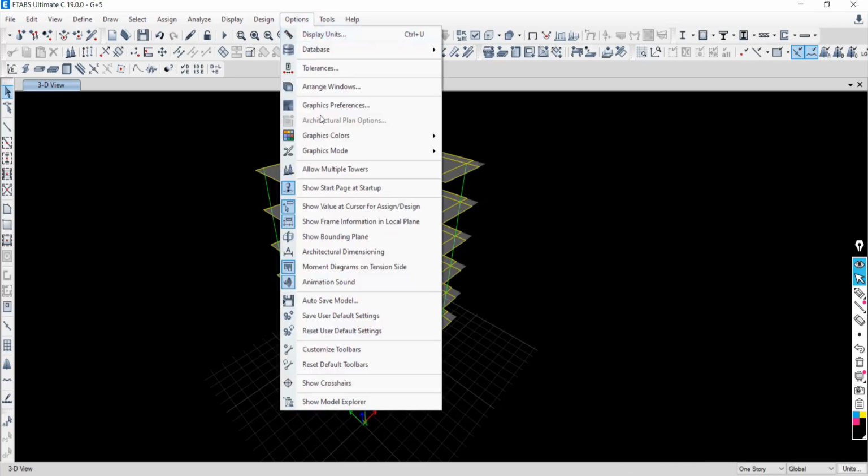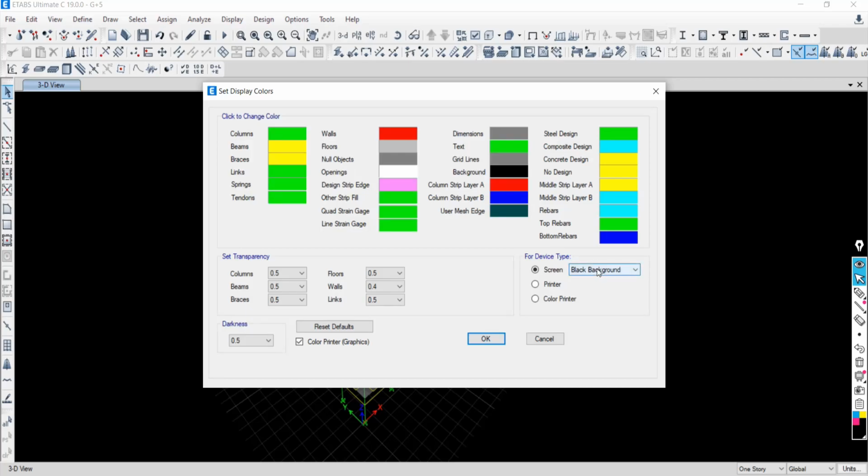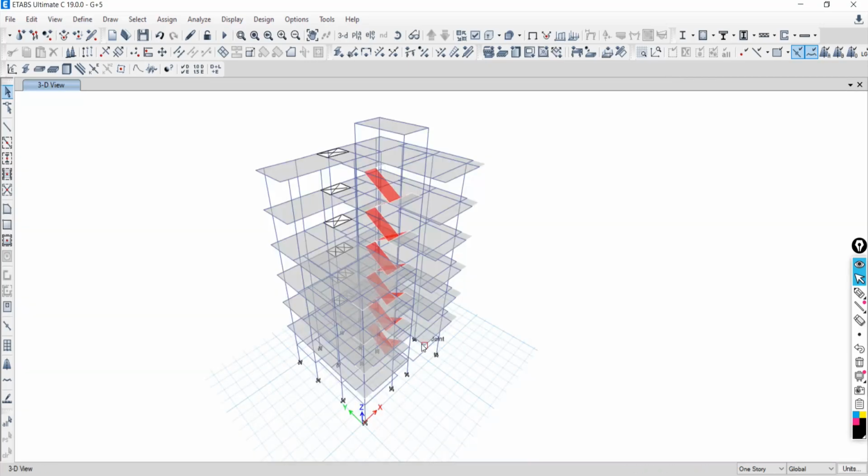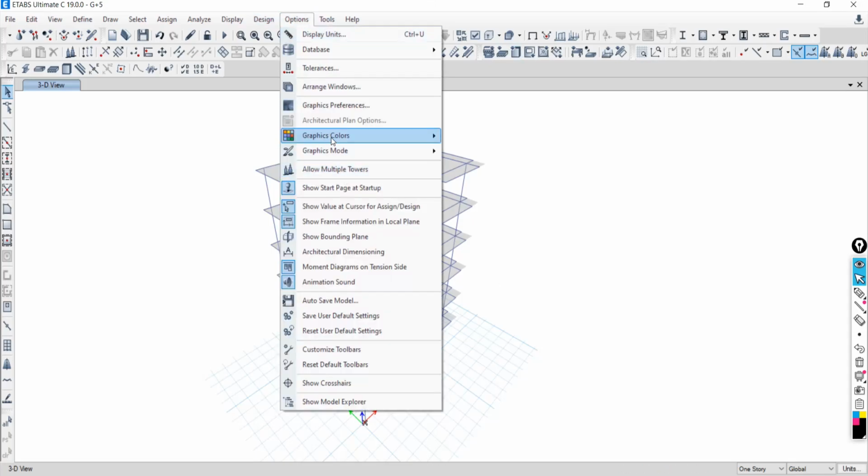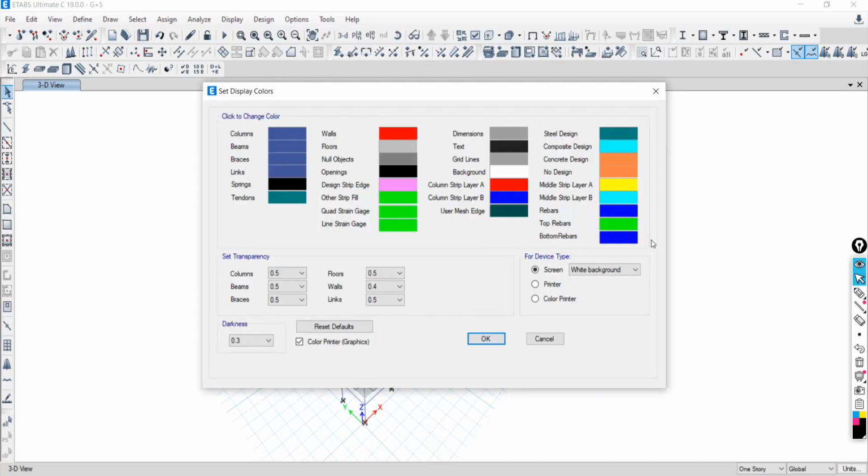Again go to Option, Graphic Colors, Display, and see it is what column green. If you are changing to white, so in respect of white, what column color will suit, what beam color will suit, everything will be there. Now say okay. Again go to Option, Graphic Color, Display, go with the black background.